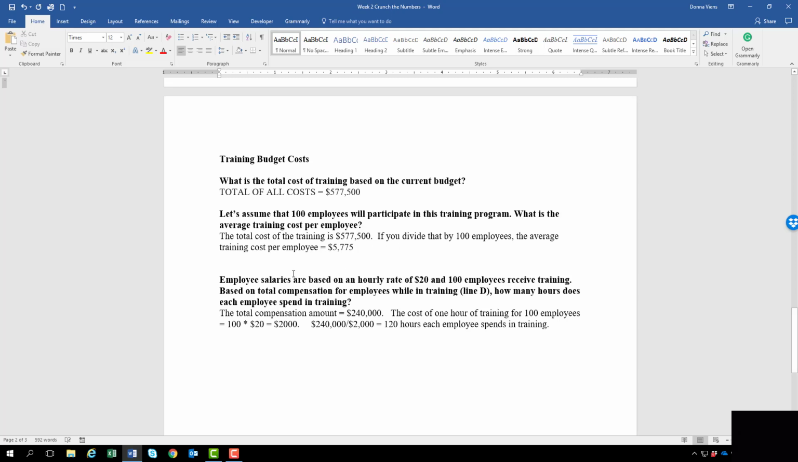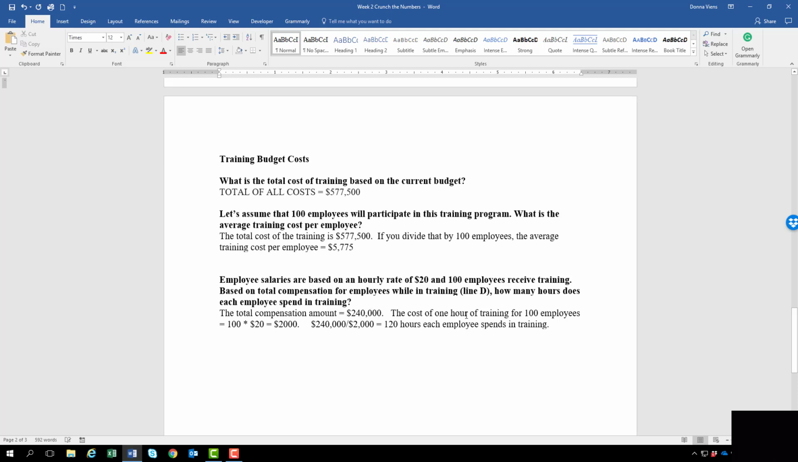versus the total. Employee salaries are based on an hourly rate of $20 an hour, and there's 100 employees receiving training. Based on the total compensation for employees while in training, how many hours does each employee spend in training? So the total compensation is